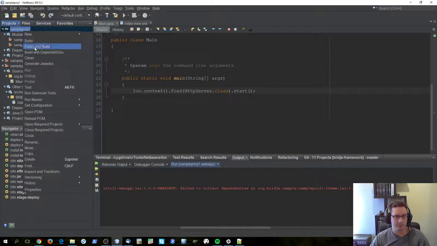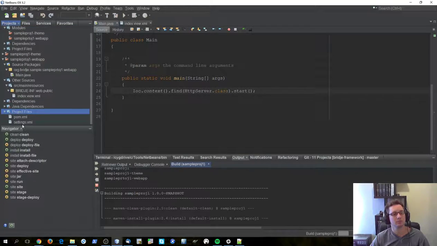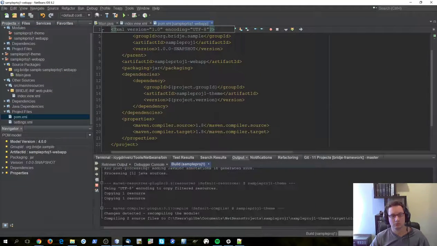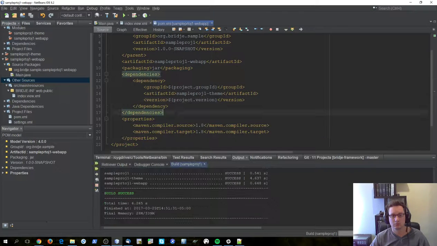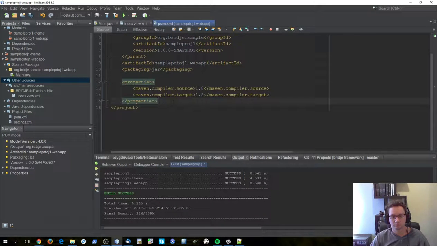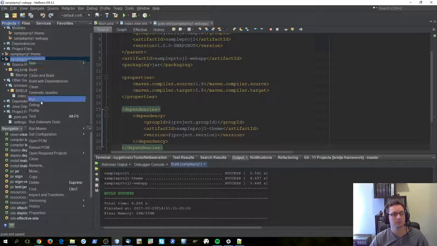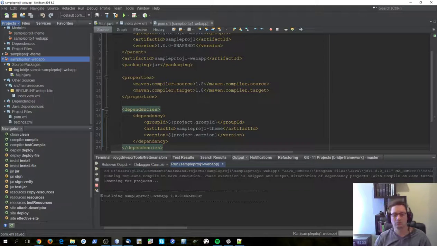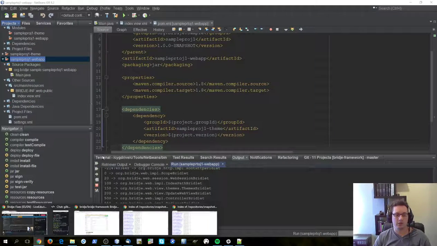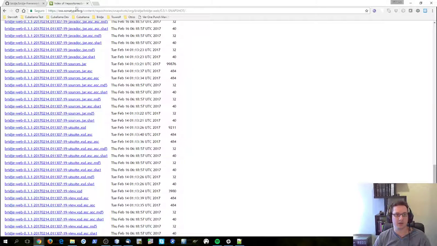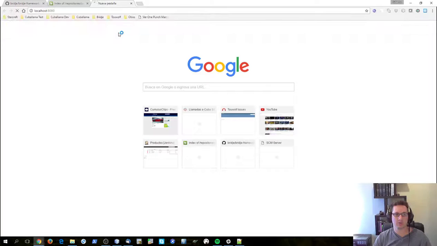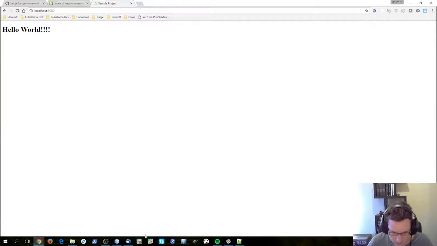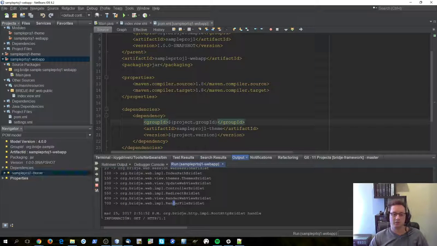Okay. I need to compile everything. Okay, and finally I'm going to go here, and there you go. Okay, so this is how you create a web application with this. Now you can